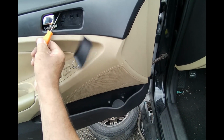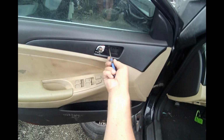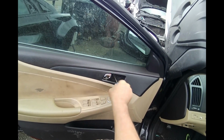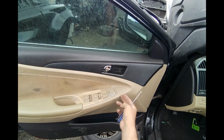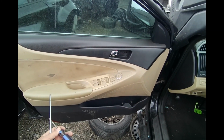We're going to pop this right out, and there's a Phillips screw right there, and we're going to take that off or out. Do not attempt to pop this out. It will not come out. Next, we're going to